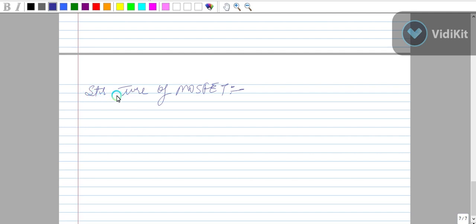Hi everyone. Today we will discuss the structure of the MOSFET. So before talking about MOSFET, let's talk about amplifier. So let's make an amplifier. So this is input, input supply. This is V in, a sinusoidal signal. Okay, and let's take its amplitude is 1,